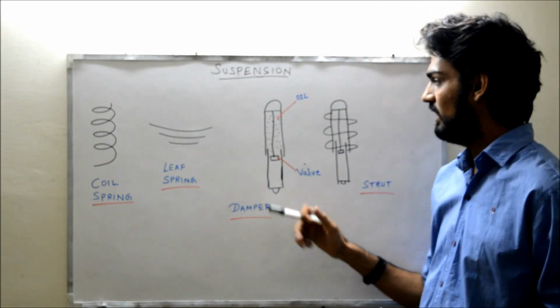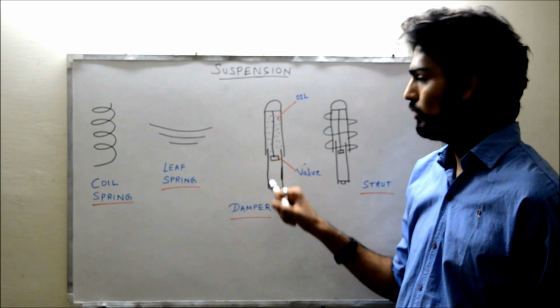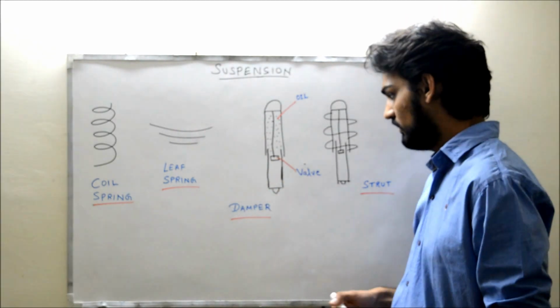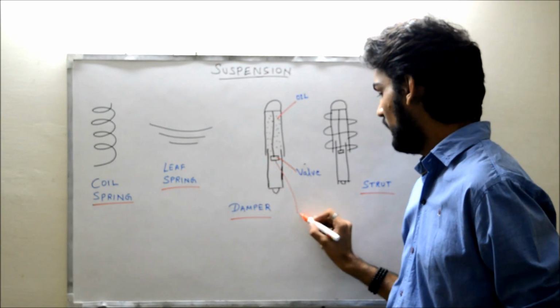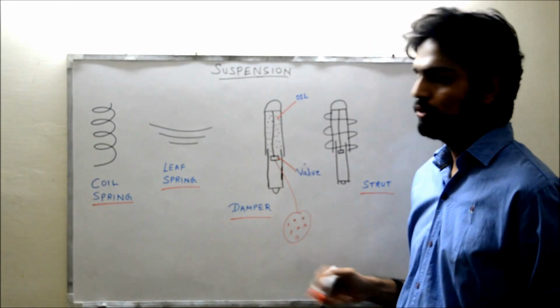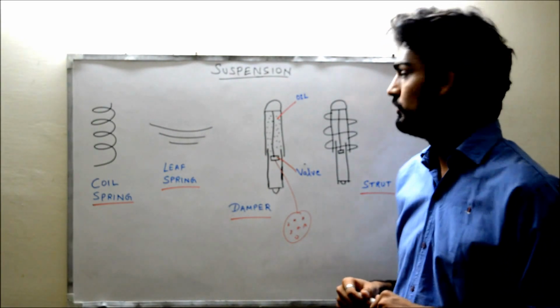This is a damper. A damper has highly viscous oil in it and a valve, so that whenever an automobile feels any jerk, the oil passes through this valve. As this valve has small holes in it, the oil passes through it as slowly as possible so that the automobile doesn't feel the effects of the jerk.